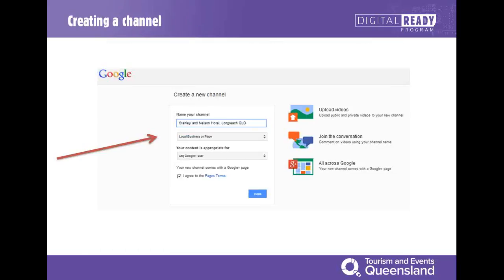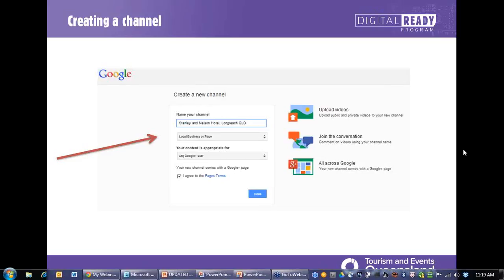And then what that will do in the next step is it'll give you a chance to actually name a channel. Now, this is what we want to do, and I think this is where, after speaking to quite a number of operators, this is where sometimes we go wrong. So just make sure that you come through this access point and you won't have a problem.